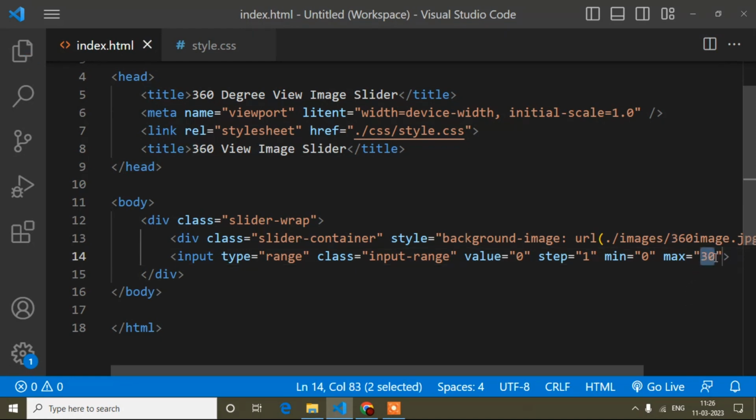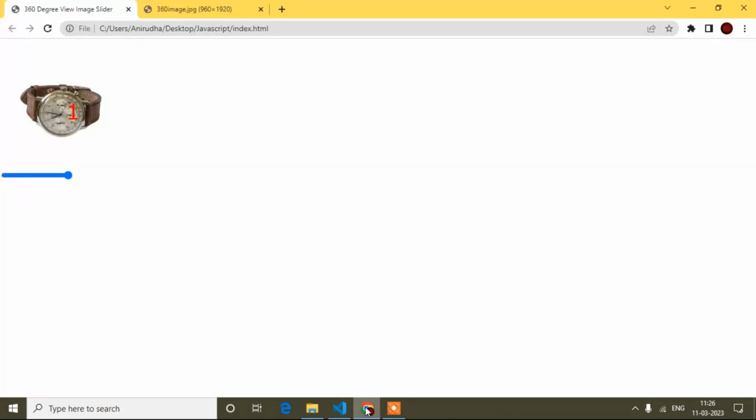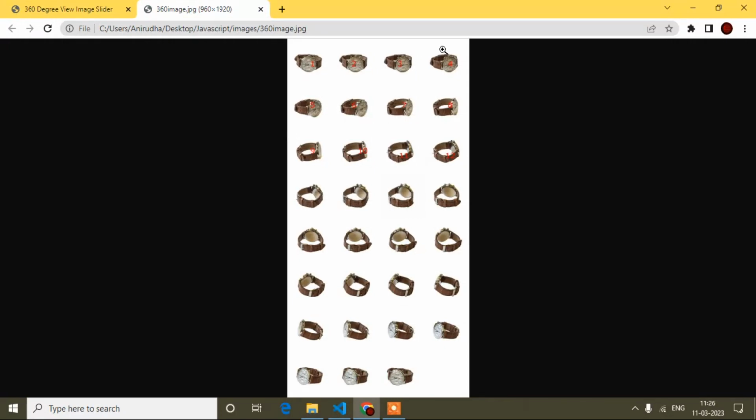This is the calculation. I will try to explain again. Even after that, if you don't understand, you can write in the comment section and I will explain again in the comment. So the total images are 31, because 4 times 8 is 32, but in the last row one image is not there, so 32 minus 1 is 31.